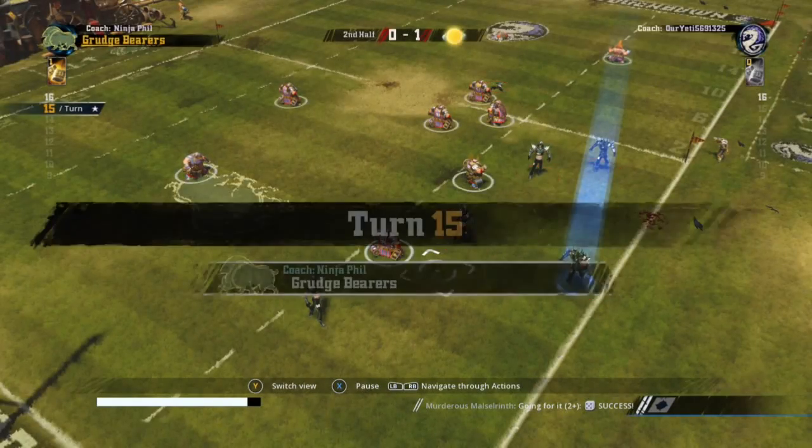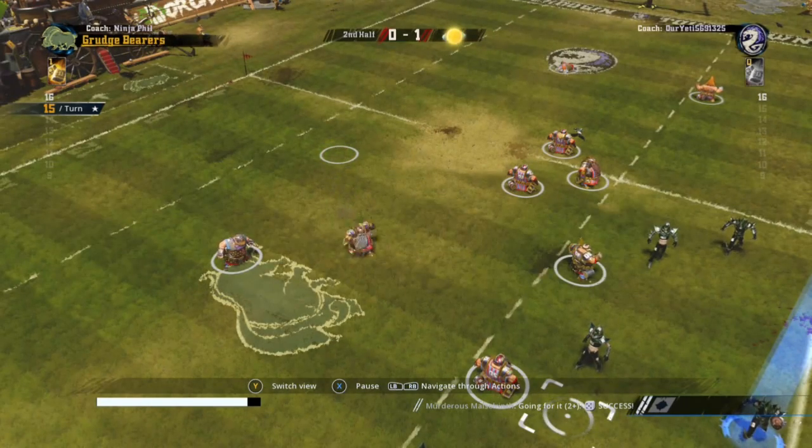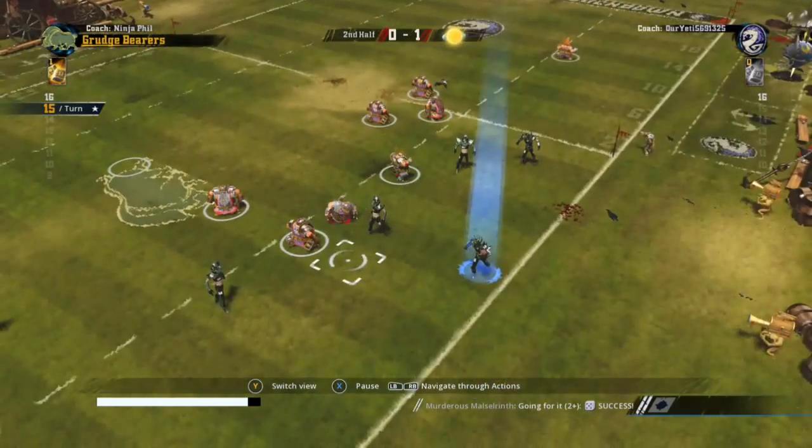I'm playing a game of Blood Bowl 2 against my friend Will with his Dark Elves. Now it's 1-0 up to them already. He's got possession of the ball. He's on the sidelines though, but he's got quite a good loose cage going around, so I can't actually get